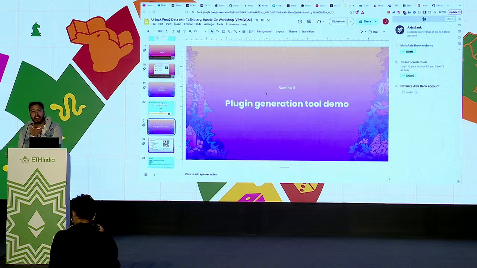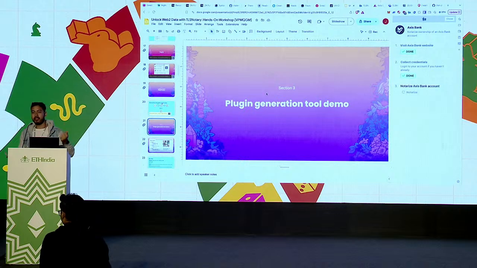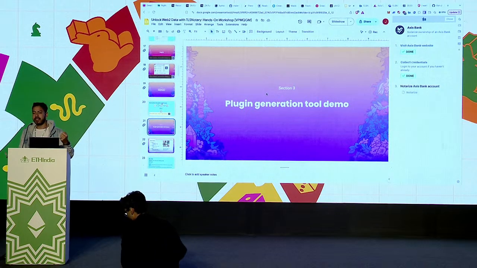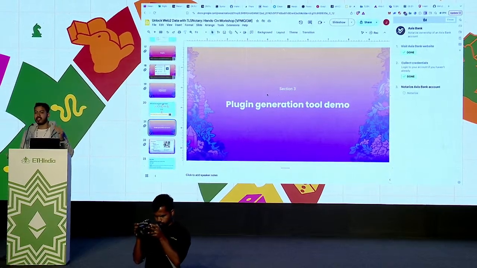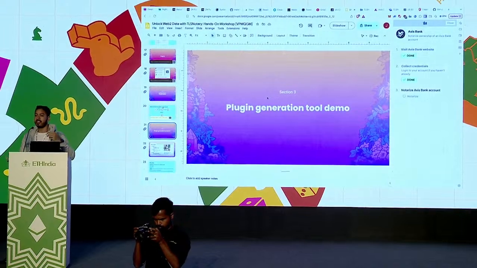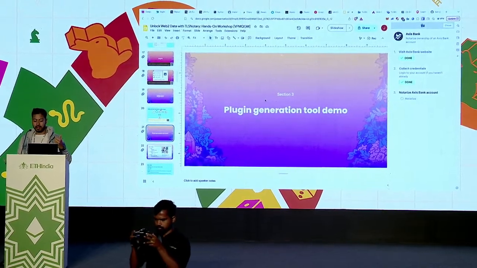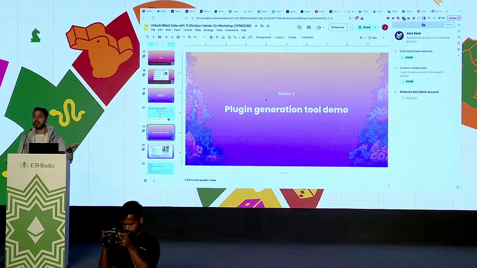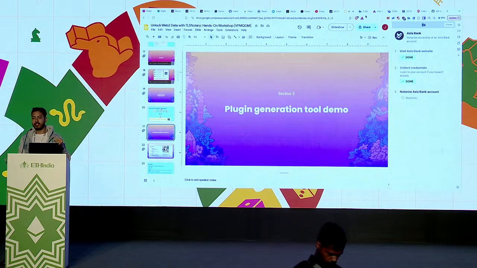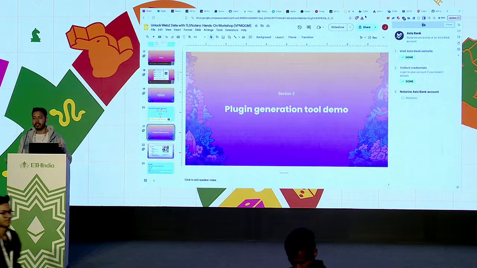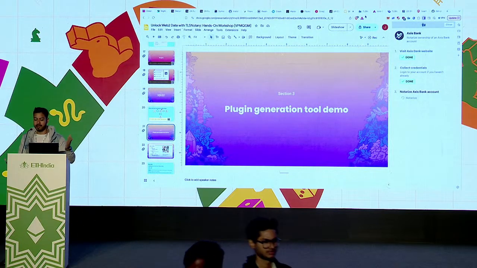So for you, there's also a tool that I wrote. It's called the plugin generation tool. Writing a plugin is a tiresome task. You have to go through a lot of requests on websites to see which requests and responses are relevant for the proof generation. So I made this project, TLSN plugin generation. It's an LLM-based tool. All you have to do is chat with this plugin. You tell it what the API is or which website you are on, and it will gather all the requests and the responses, and it will generate code for you that you can later use to generate the plugin.